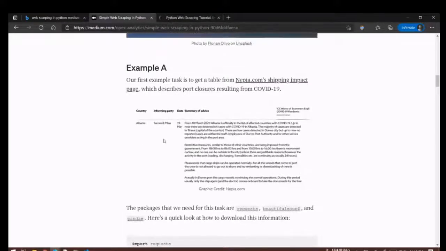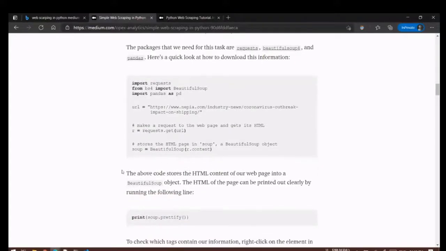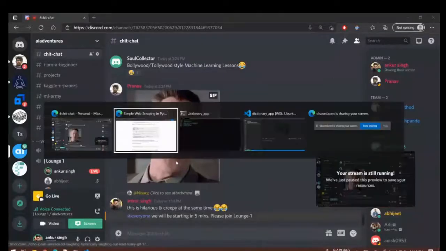If you look at the code, we'll need the requests module, we'll need Beautiful Soup. Now they are using pandas, I don't think we'll need it. Here they have the URL, and then all you have to call is requests.get with the URL. This will give you a response object, and then you can use response.content to create a soup object. So this looks pretty simple.